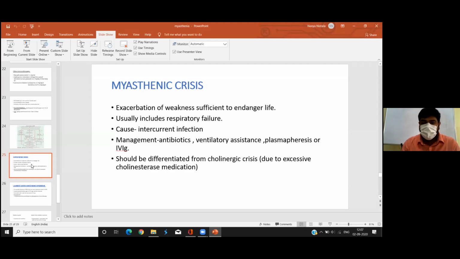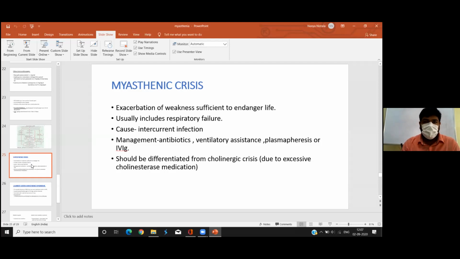When you are giving pyridostigmine, an anticholinesterase, the acetylcholinesterase cannot cleave the acetylcholine which is present in the neuromuscular junction. When an impulse is traveling, the acetylcholine is getting released. And in order for the acetylcholine to get removed, you need the acetylcholinesterase enzyme. So this drug is blocking the acetylcholinesterase from clearing the acetylcholine.